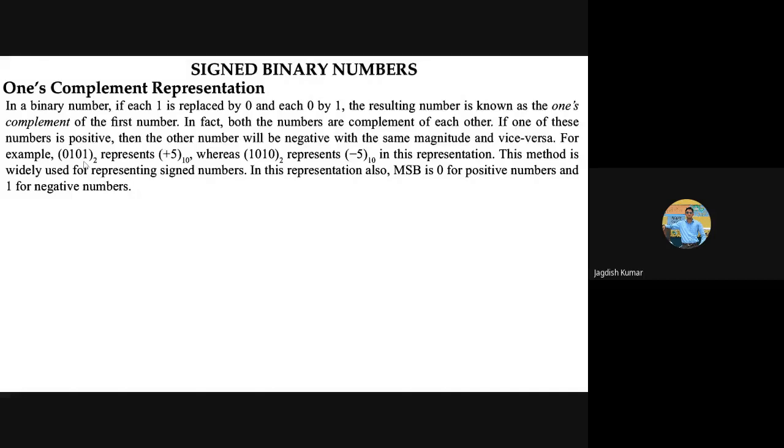So in ones complement, for example, if this number is 5, if a number is beginning with 0, this means it is a positive number, and the conversion rule will apply the same way as we did in our previous lecture for converting a number from binary to decimal. The conversion rule is just 2 raised to the power 0, 2 raised to power 1, 2 raised to power 2, this is 4 plus 0 plus 1, this is 5. So that is why this number is +5.